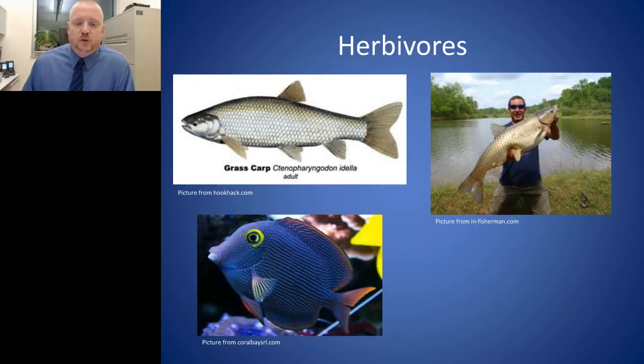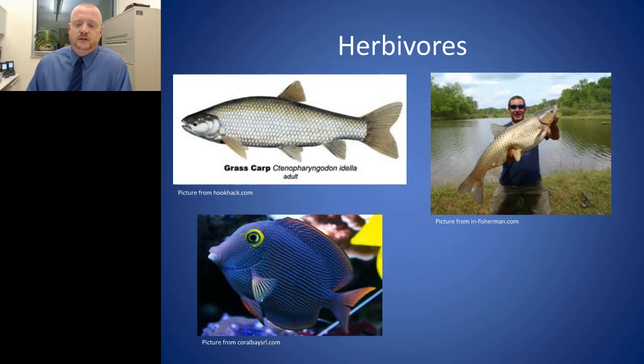So some examples of herbivores. Most people have heard of the grass carp, or the triploid grass carp, if you will. They are incredibly good at eating plants, which is why they're triploid, and they're released into waterways that are overgrown. But the triploid grass carp can't reproduce, so the same number you put in should be the same number you could take out, and they do a tremendous job. And as you can see in the picture on the right, they get huge, and a fish like that can mow down quite a lot of vegetation very quickly.